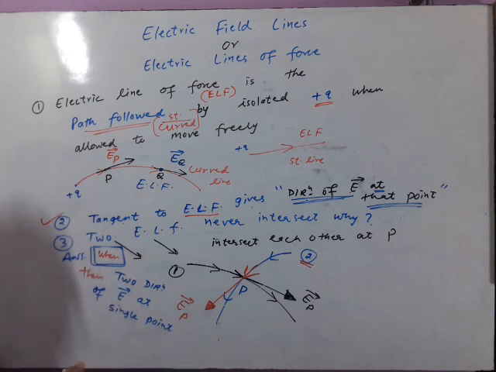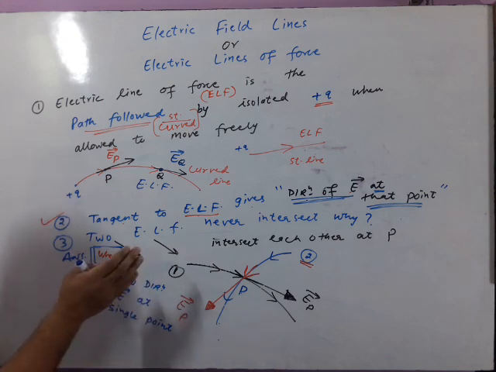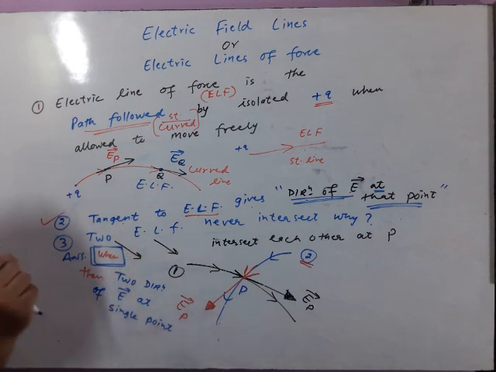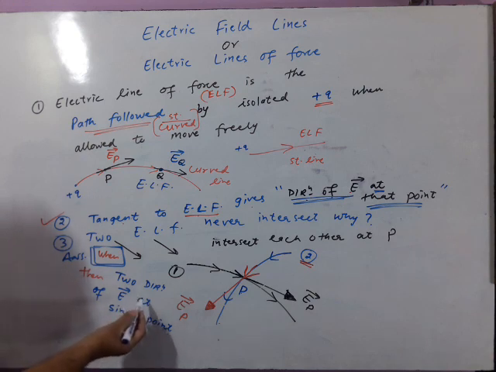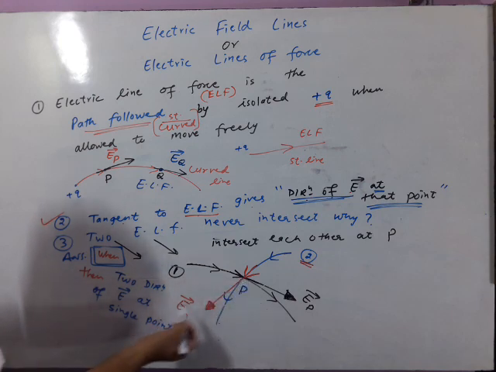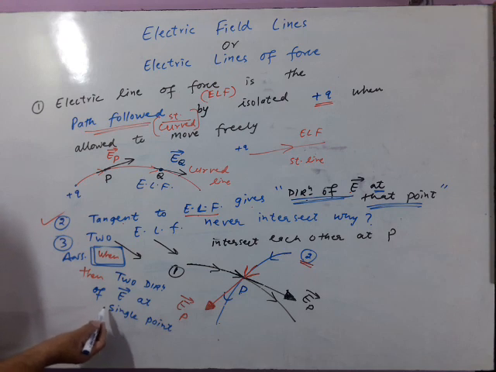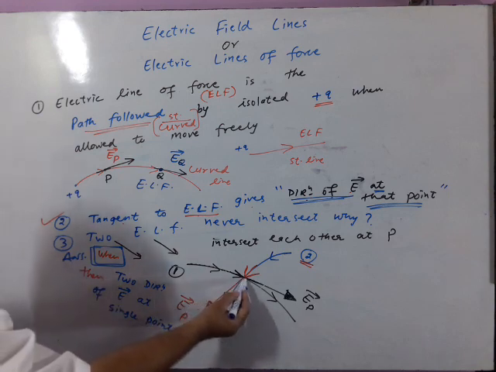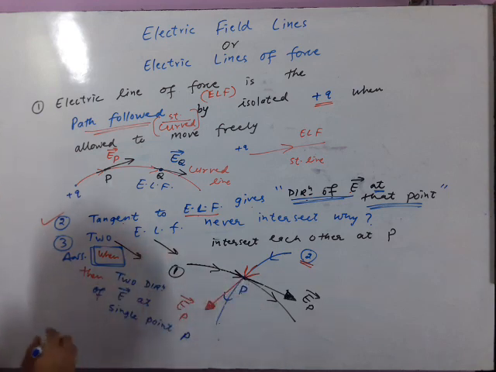See, if you are moving towards north, then towards south, then towards north, finally, as an overall resultant, either you are moving towards north or towards south, there will be finally one direction at a particular point. Similarly, when two electric lines of force are intersecting at a point P, it gives a wrong idea. It gives two directions of electric field at a single point P, which is impossible. At a single point, only one direction is permissible.